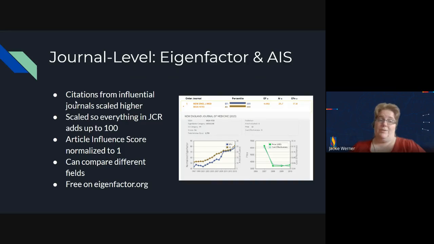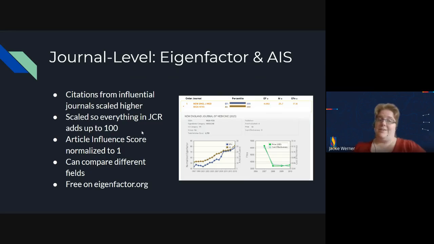For example, for Eigenfactor, citations from influential journals are scaled higher. So if you have an article that's cited twice, but one of those citations is from the New England Journal of Medicine, then that is considered more prestigious than, say, an article cited 3 times by some journals that people haven't heard of.